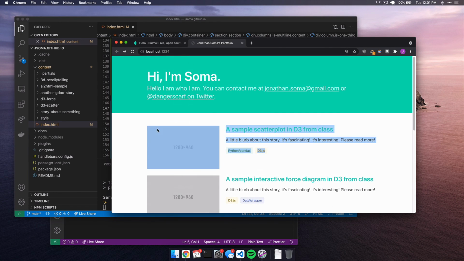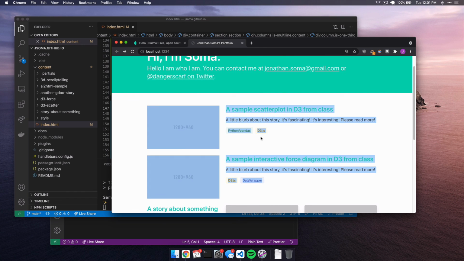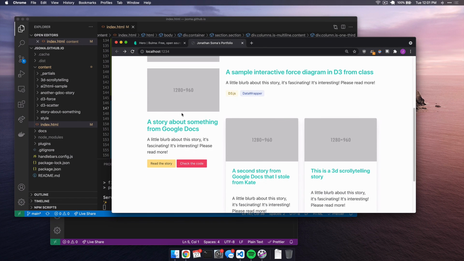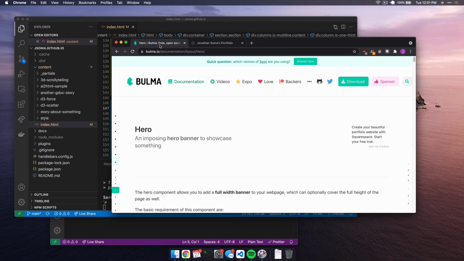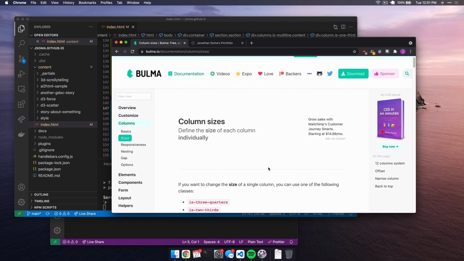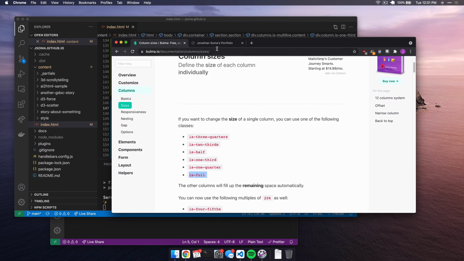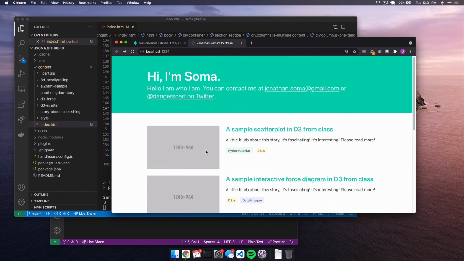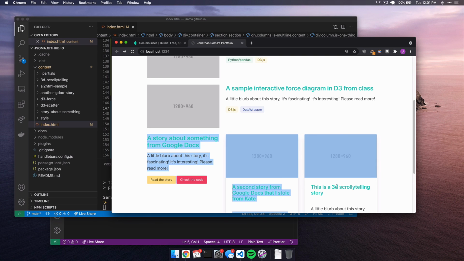So one thing you could do is put your favorite projects side by side like this, or make them nice and big. And then for all of your other projects, you just kind of say like, hey, here they are, whatever. And one more thing, columns, sizes, is there a full width? Yeah, is full. And so one more thing you can do is if you wanted to add like a header